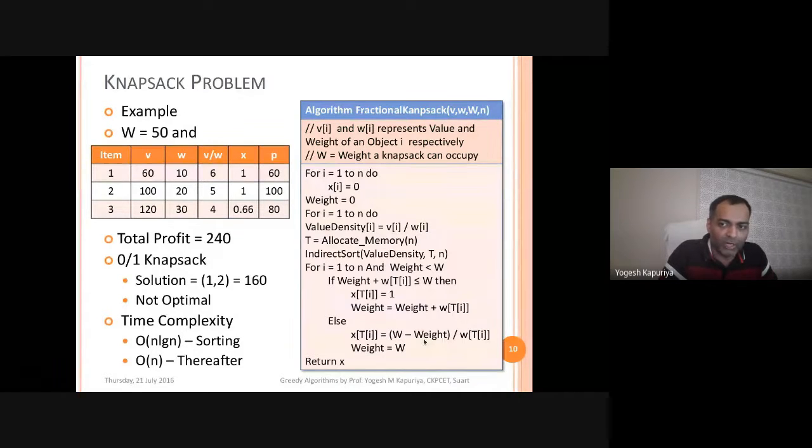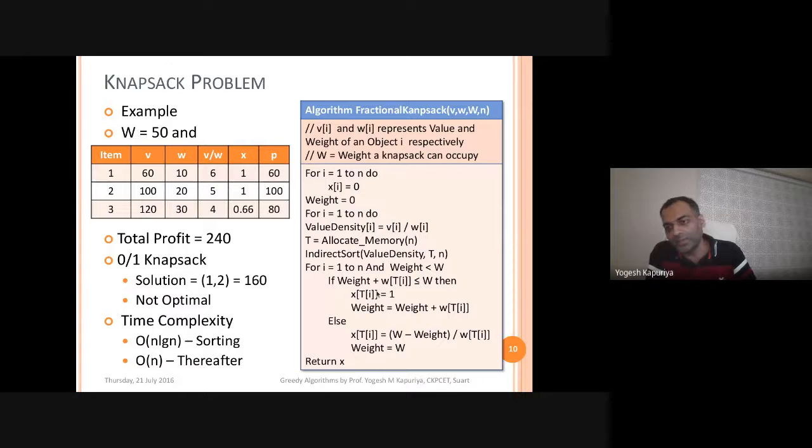Now when this is done, that means your knapsack is full. That means now you should not check further items. So that's why the second condition in this for loop is that your weight has to be less than W. This weight means your current weight and capital W means the total capacity. So at every iteration, you will check this as well, because when your weight becomes W, this loop has to be stopped. There is no point in executing it further, because your knapsack is full. So I hope you understood this entire algorithm. Any doubt which you want to ask?